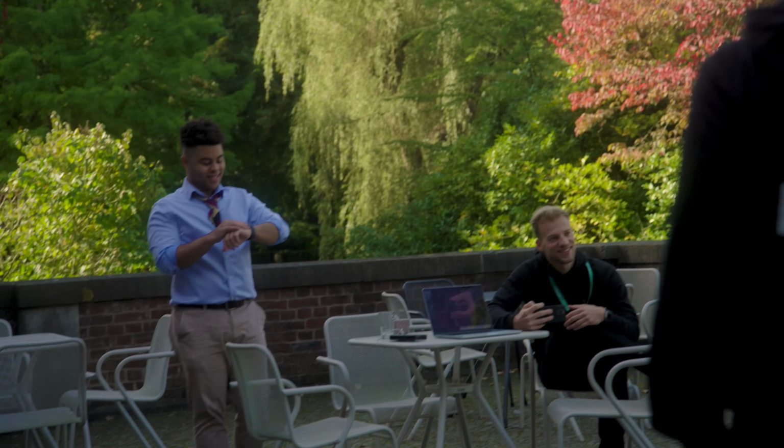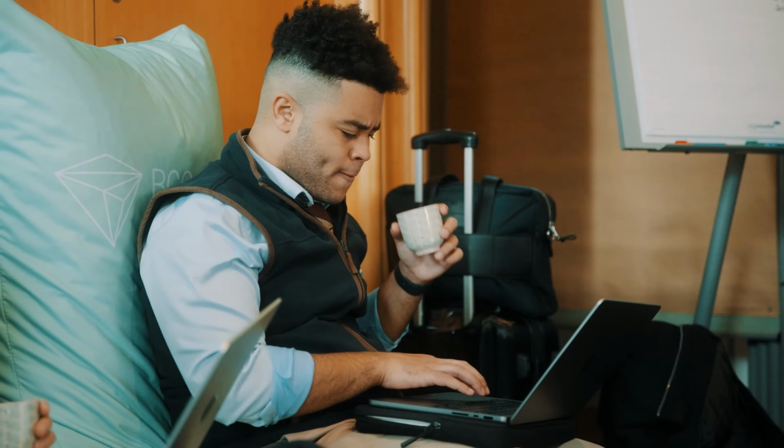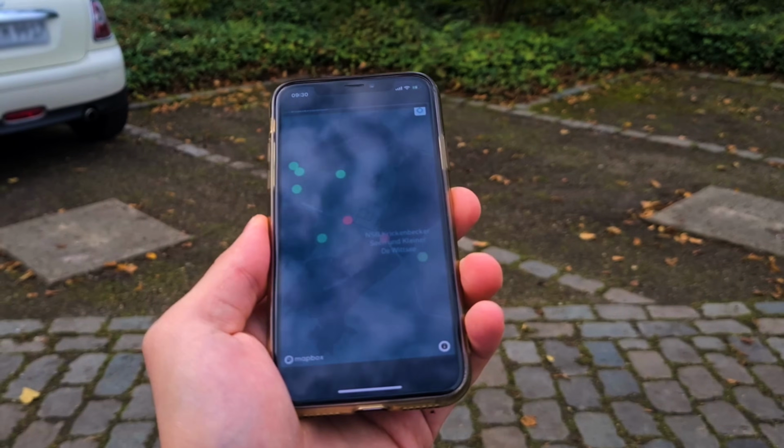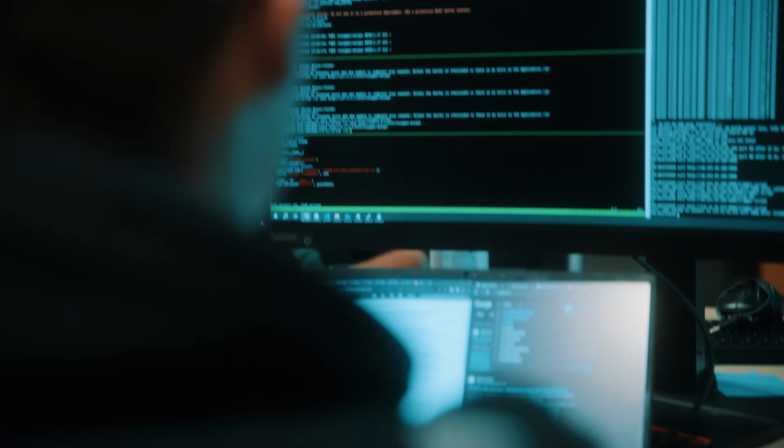Finding somewhere to park is time consuming for you and it's bad for the planet. Because if you want to get to your birthday on time and you spend 20 minutes driving around trying to find a parking space, you're going to be annoyed and the world is going to heat up a little bit faster. So to solve that, we built an app which, based on the location of your destination, will use open